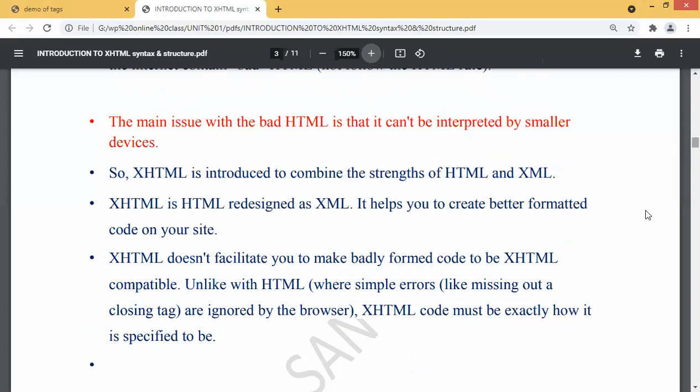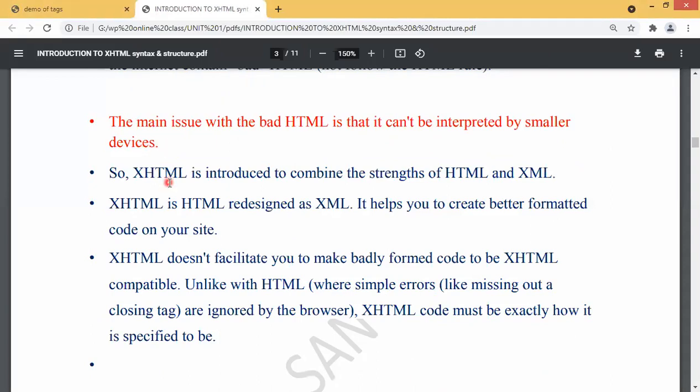So the main issue with bad code is that it can't be interpreted by smaller devices, right? We need correct browsers to execute that code. Sometimes on mobile, if you see an HTML code, it will not execute properly.